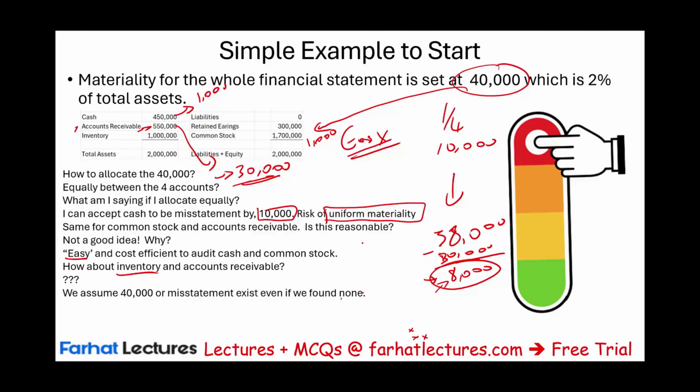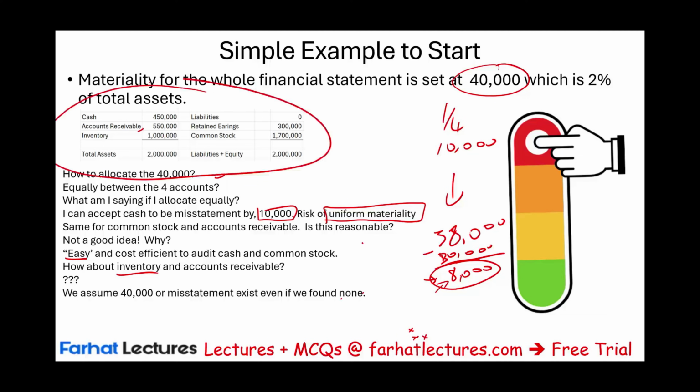Okay, and remember, let's assume we audited this whole financial statement. We went through the audit. That's another thing I want you to understand, which we'll talk about when we evaluate evidence. So let's assume I audited all 4 accounts, and I found, this is unrealistic, 0 misstatement based on the sampling, based on my audit procedures. Although I didn't find any misstatements, everything was good, which is like la la land, but I'm just going to keep going.